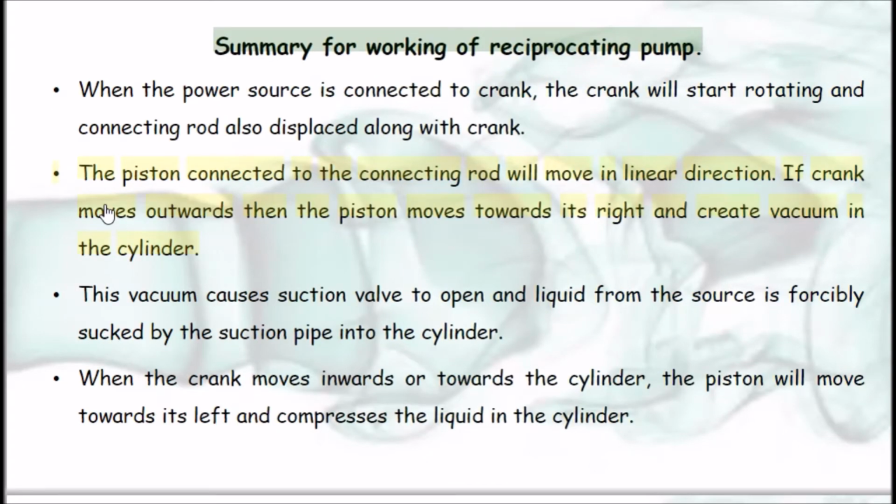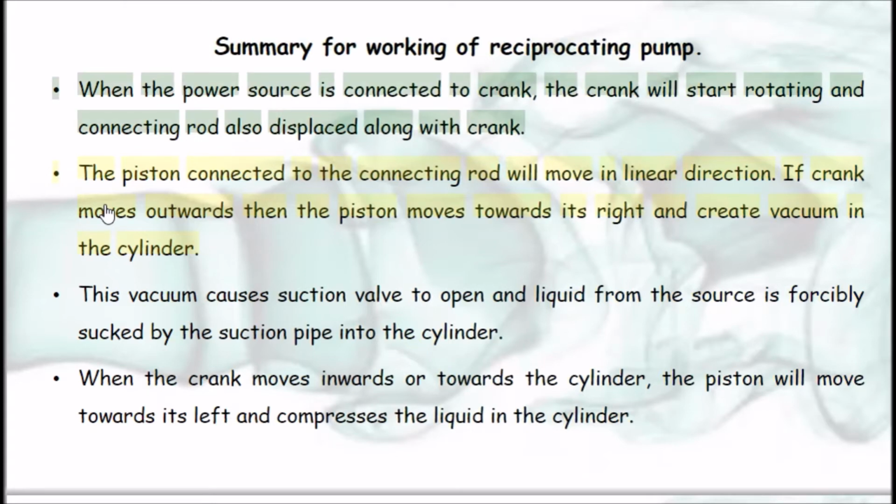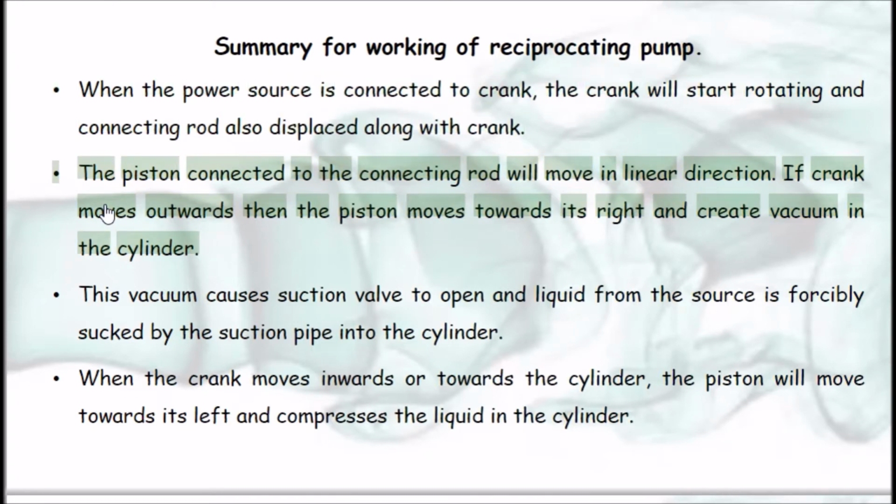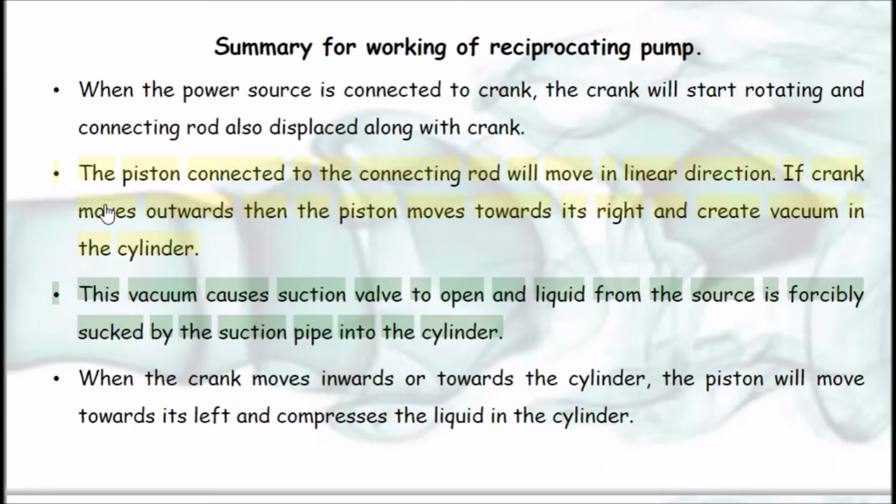Summary for working of reciprocating pump. When the power source is connected to the crank, the crank will start rotating and the connecting rod is also displaced along with the crank. The piston connected to the connecting rod will move in a linear direction. If the crank moves outwards, then the piston moves towards its right and creates vacuum in the cylinder. This vacuum causes the suction valve to open and liquid from the source is forcibly sucked by the suction pipe into